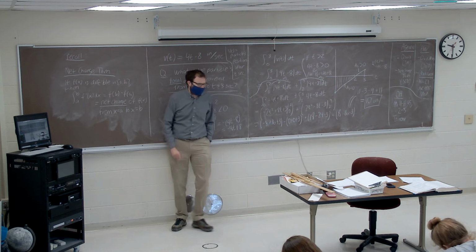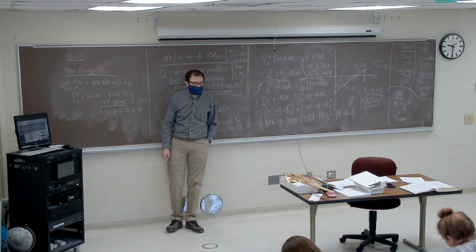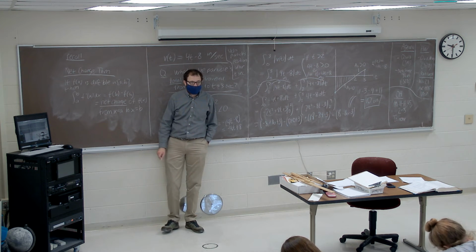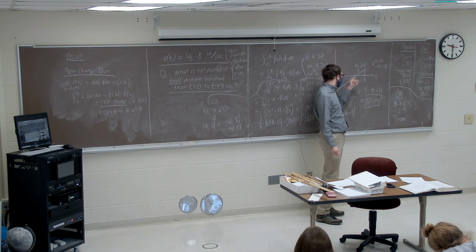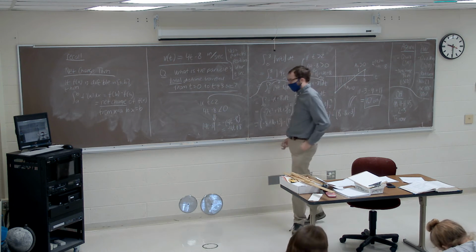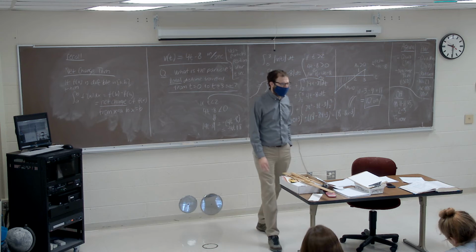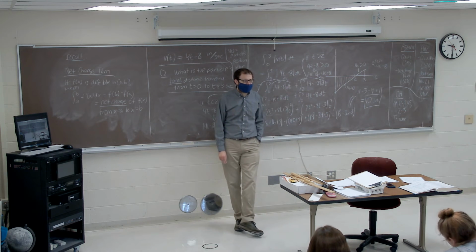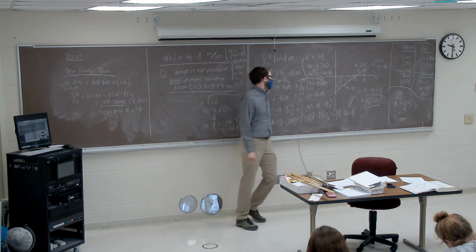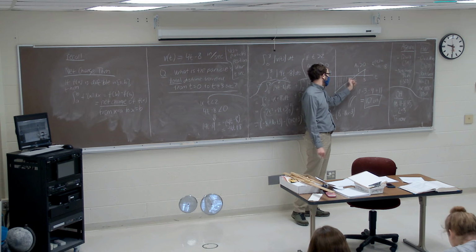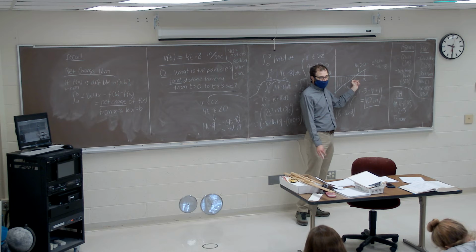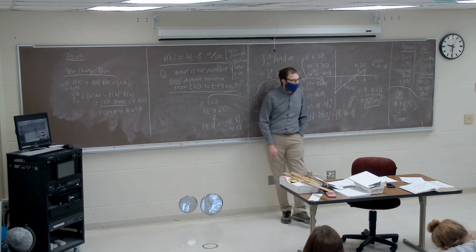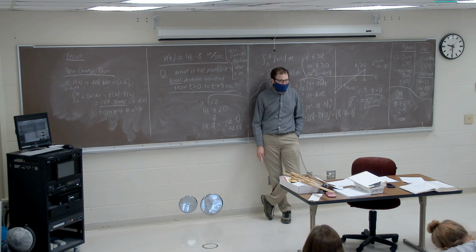Any questions or comments about this process? I've got a question. How did I know to split up this integral at 2? Well, Dr. Gersel, it's because at 2 on the graph, it goes from negative to positive. All right, smarty pants. How did I know to do that when I made the graph? What was special about the point 2?